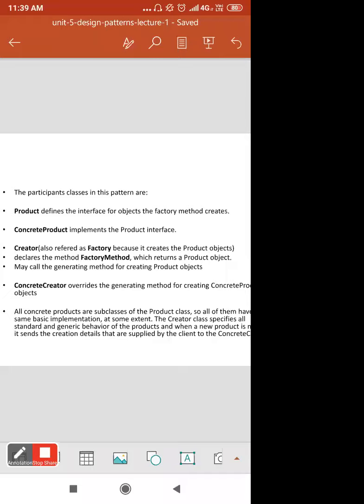Next is creator. It is also referred to as a factory because it creates the product objects. It declares the factory method, which returns a product object.